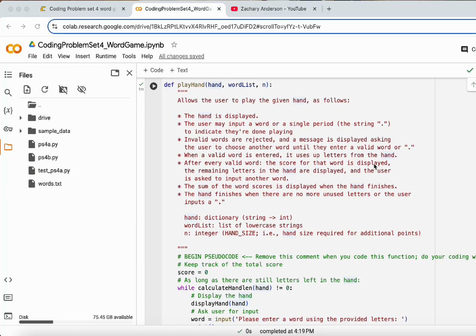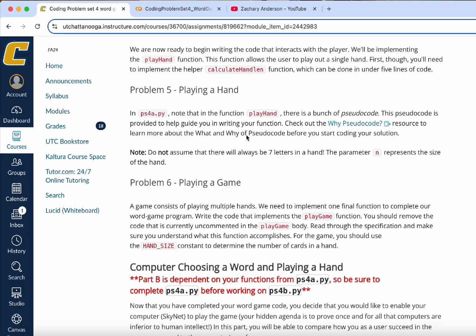Hi, this is Zach Anderson, and in this video I'm going to be going over problem number 5 of coding problem set 4, WordGame. So we have a note here: note that in the function playHand there's a bunch of pseudocode. It's just kind of telling us why pseudocode should be important and why it can help. And then an important note here is to not